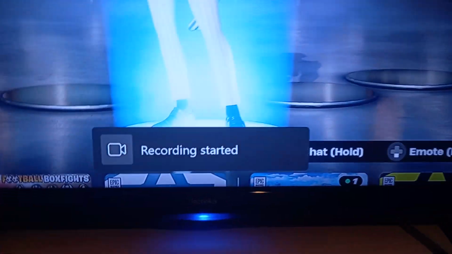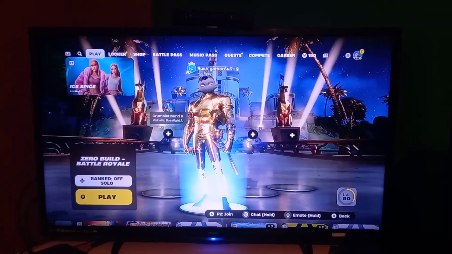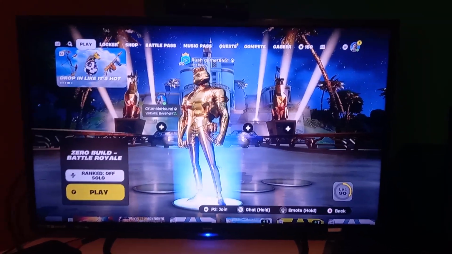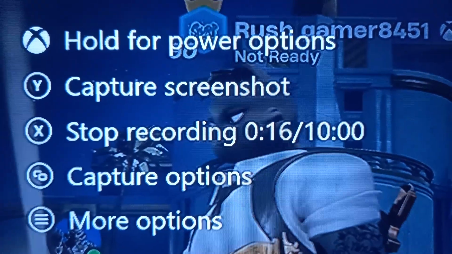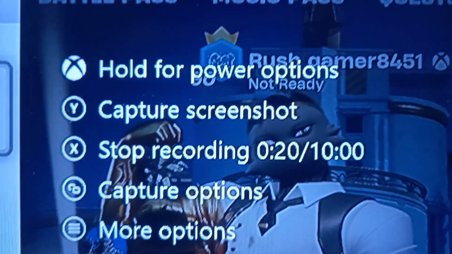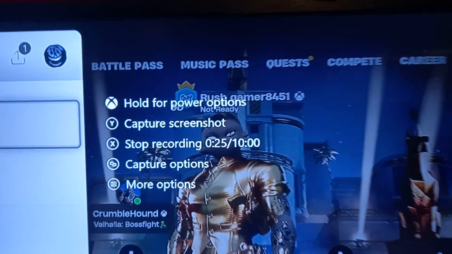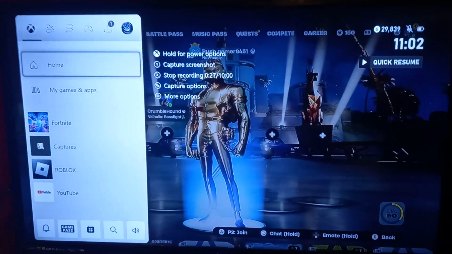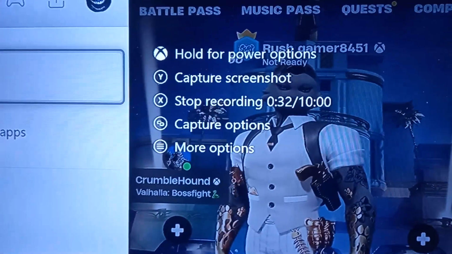it's now recording. It's recording what you're seeing on the screen. And if you then bring the record menu up, you can see there it is actually recording 10 minutes of footage. So this is me telling the Xbox to record, rather than the Xbox recording what it feels like, and then you being able to grab the last 3 minutes. So if we stop that recording and plug this external drive in,